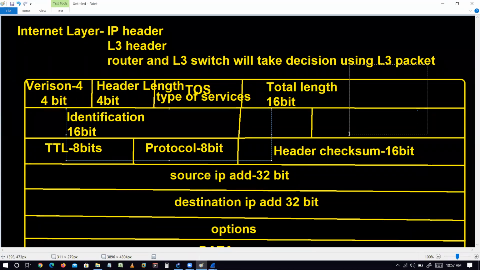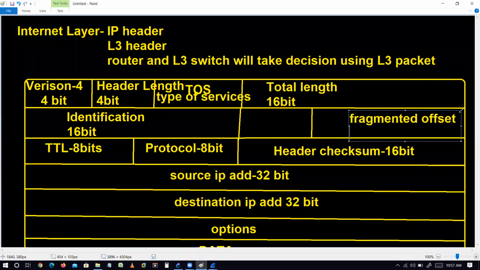And here we have fragment offset. The size is 13 bits, okay? And finally, here we have some flags. The size is 3 bits.